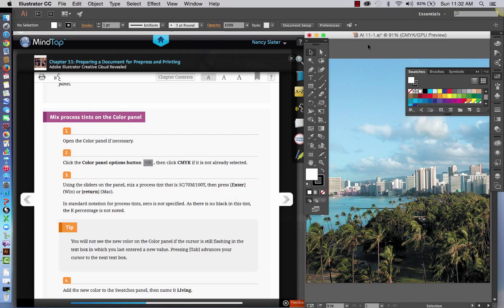Hey, welcome all. We are working in Chapter 11, getting our documents ready for pre-press and printing. And we work a little bit with the CMYK color mode, as well as some other interesting things going on in this chapter. So I'm going to start out by demoing